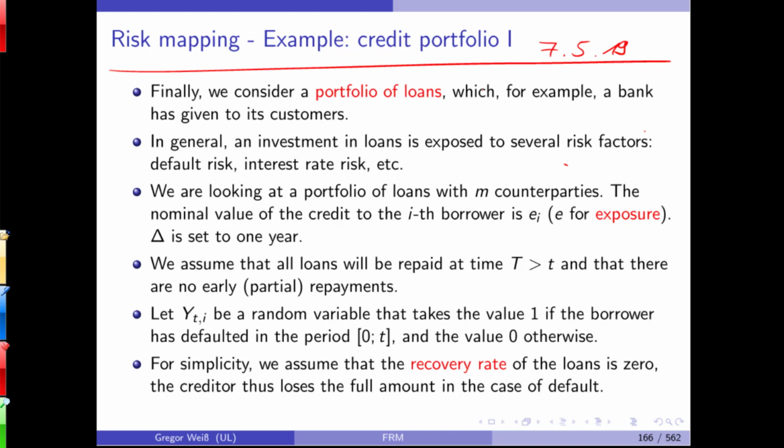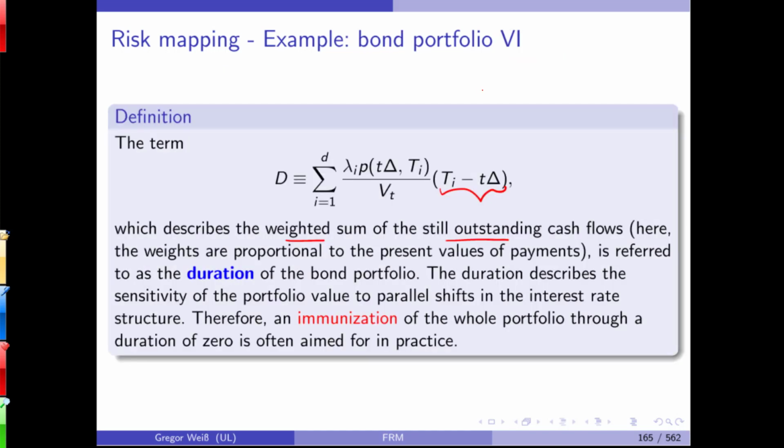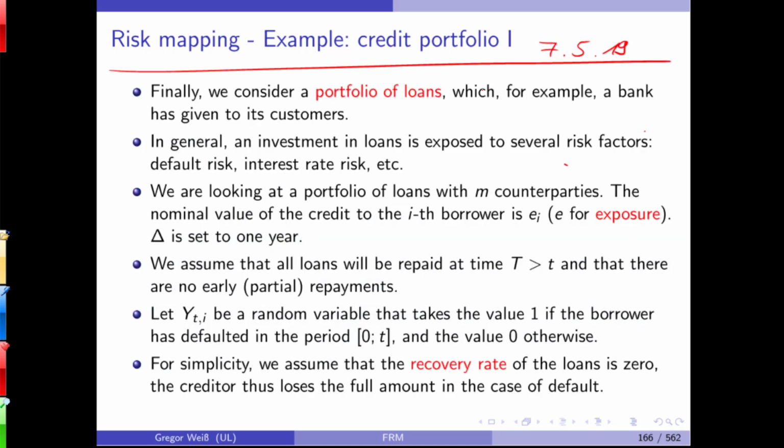So from this theoretical point of view, a loan is the same as a bond. You can regard them as similar. So later on we'll see the pricing. The valuation of these loans is close to the valuation of the bonds we've seen in the example before. So we don't have a bond portfolio, but now we have a portfolio of loans.